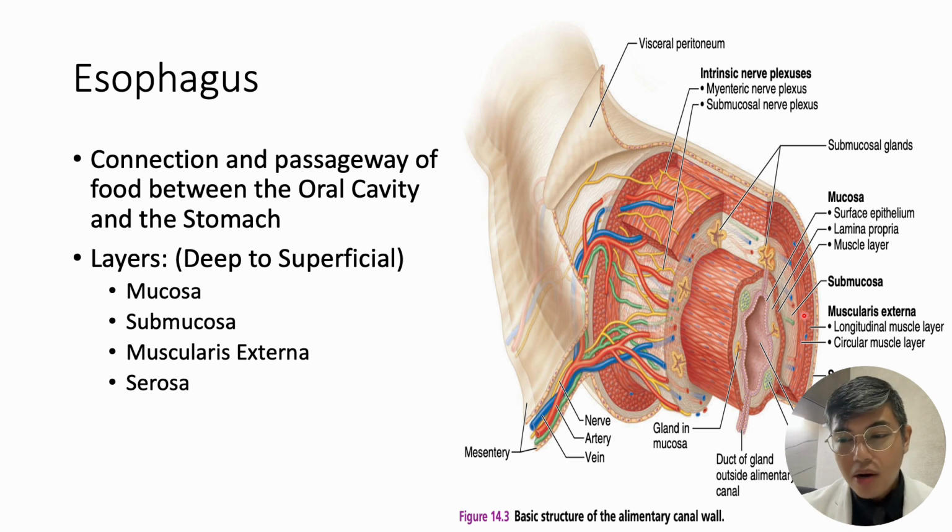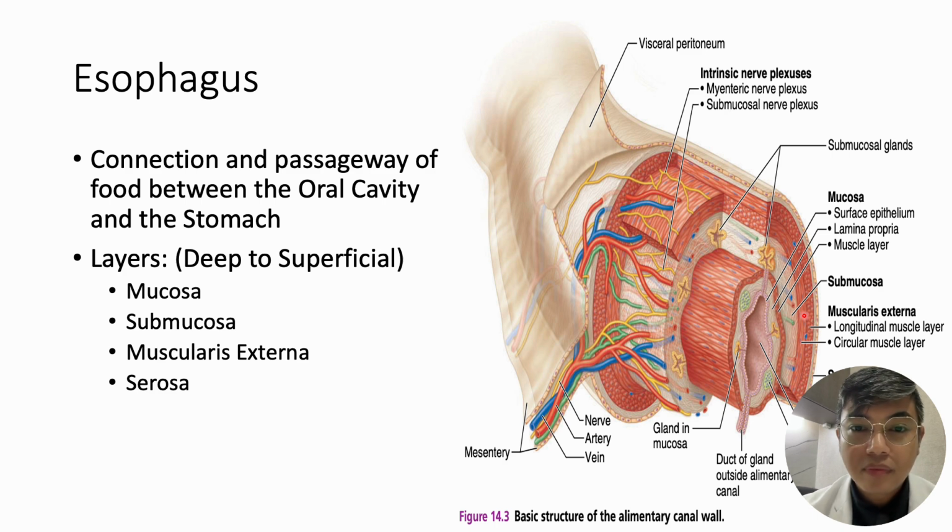Halimbawa, nurse ka na at mag-a-assist ka sa operating room. Pagka naghiwa, ang unang-unang layer na makikita mo sa esophagus would be the serosa. Tandaan, ang laging in contact with your food is your mucosa. Again, ang pinaka-outermost layer would be your serosa, while the layer in contact with food is your mucosa.